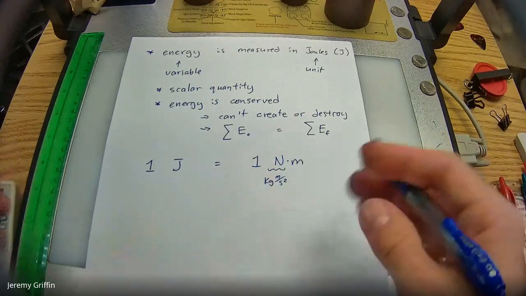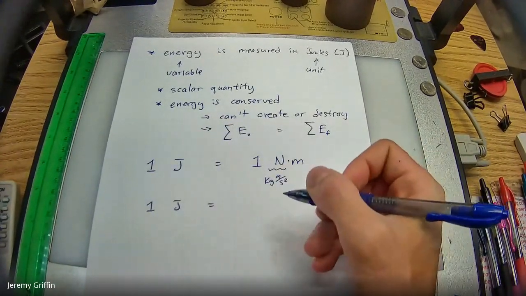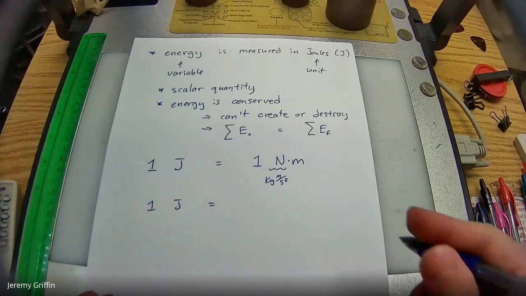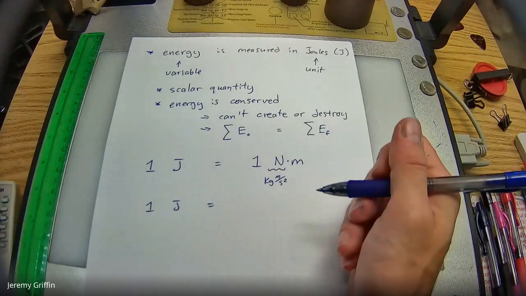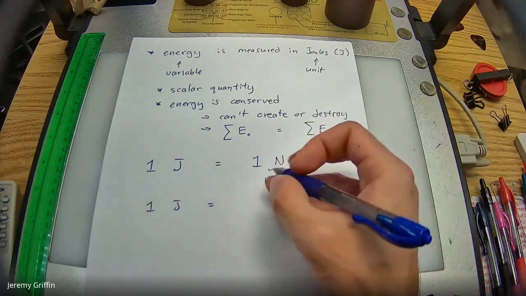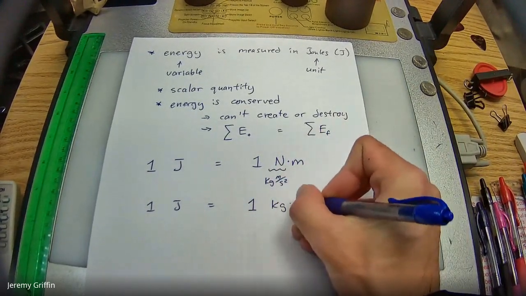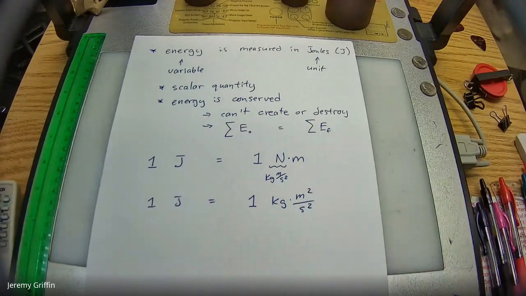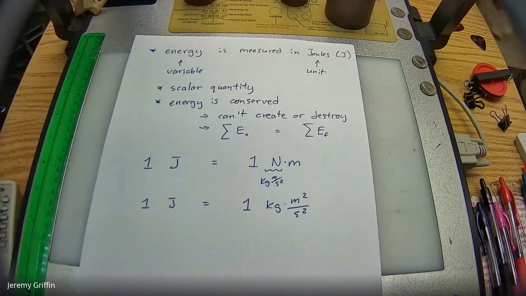And then if you put it all together, 1 joule of energy, in terms of fundamental units: you guys remember in the first couple weeks of class I told you there were 7 fundamental ways to measure things. Kilograms for mass, meters for displacement, seconds for time, the other ones. It's like this: 1 kilogram meter squared per second squared. Okay, so keep real close track of what that means.